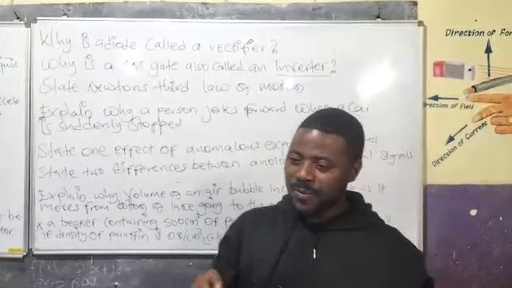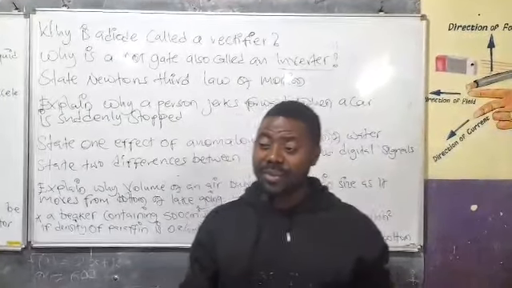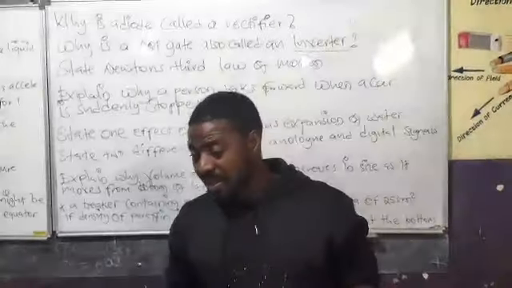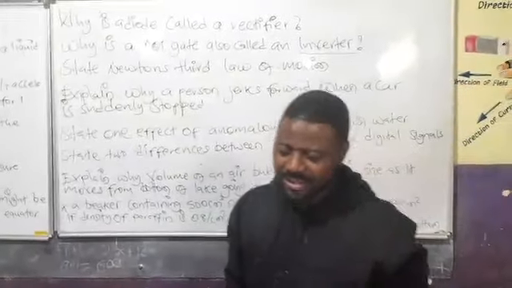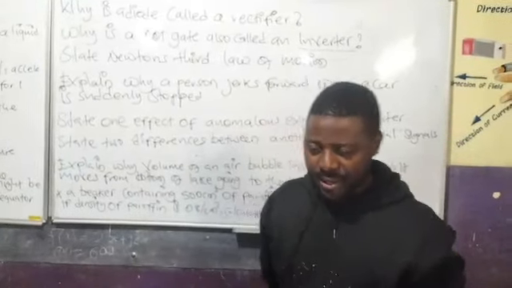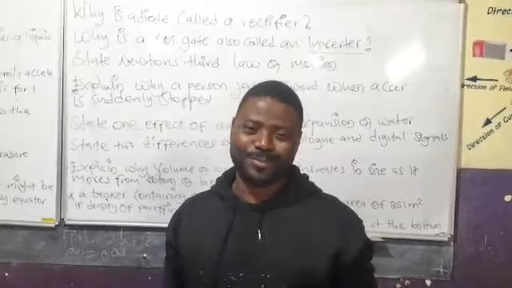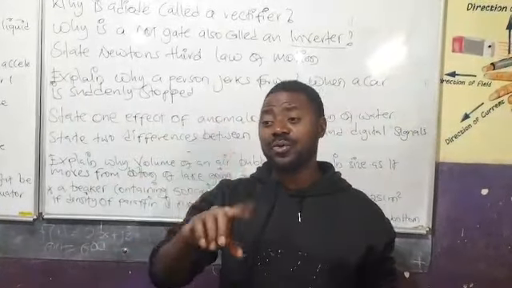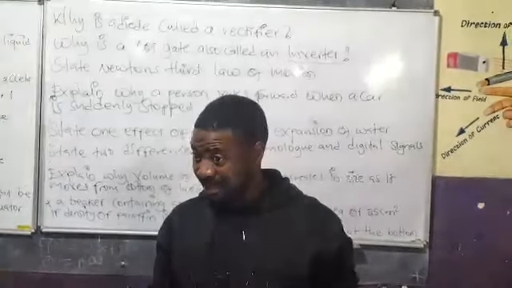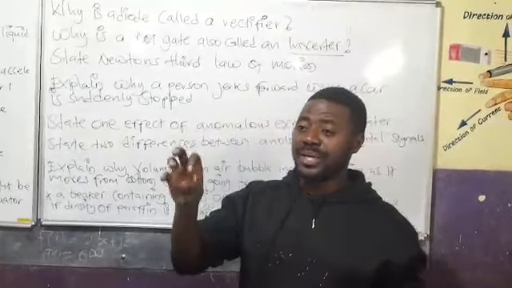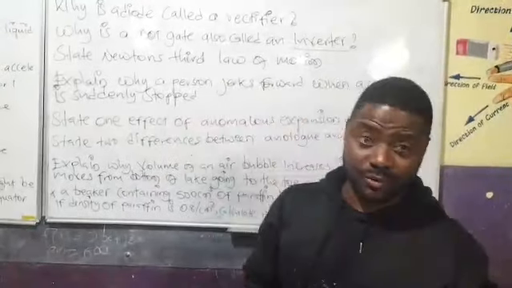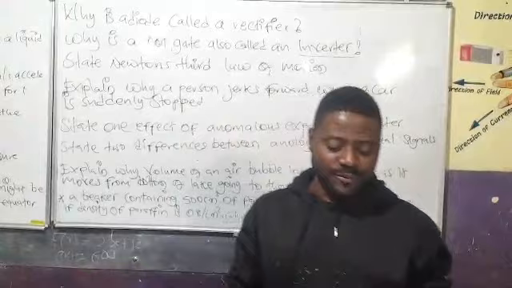Yes. A NOT gate, they usually ask about the truth table. Okay? The truth table of an AND gate, the truth table of an OR gate, the truth table of a NAND gate. Are you with me? Yes. The truth tables. Or they may ask you to draw an AND gate, or to draw the circuit of a NOT gate. They ask about the truth table, right? Yes. Now, so they are asking